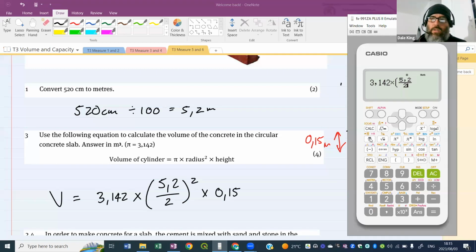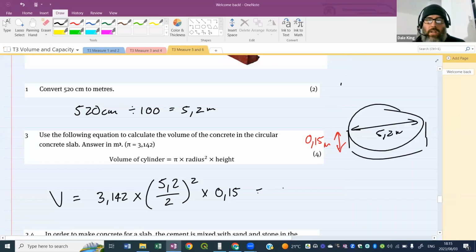Why am I cutting it in half? Because I need a radius, not a diameter. They gave us a diameter. I need it squared as well, and I need to multiply that by the height, which is 0.15. There we go. All right, so 3.1859. I'm going to write it out here: 3.1859, which becomes